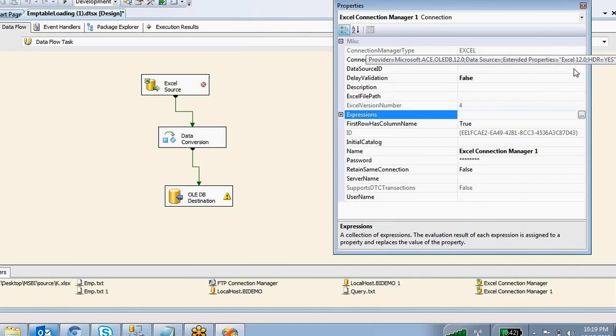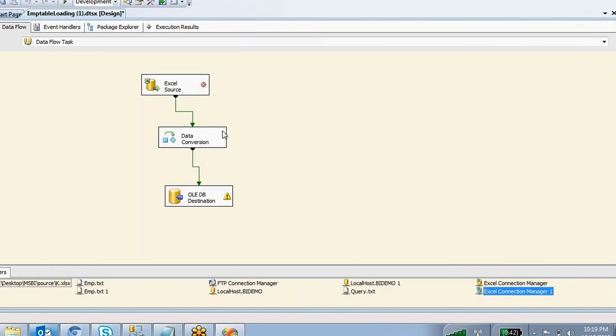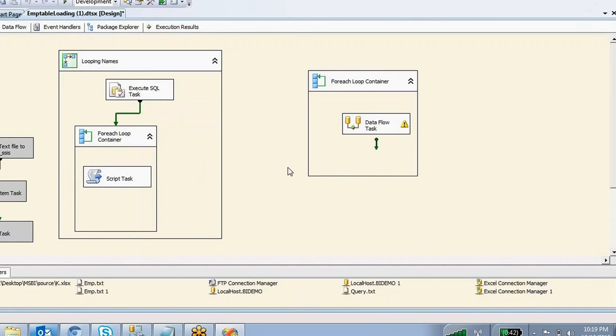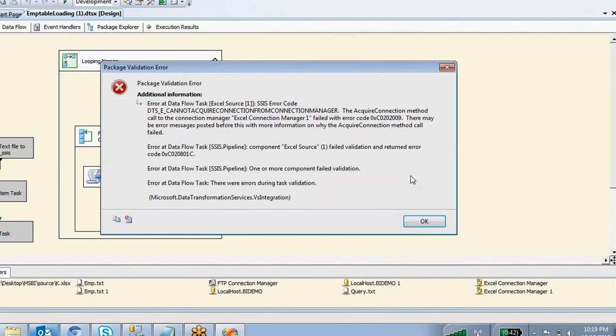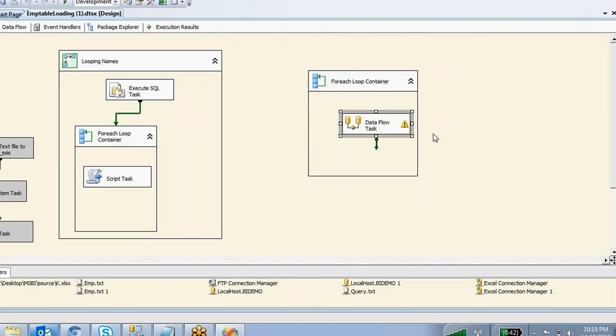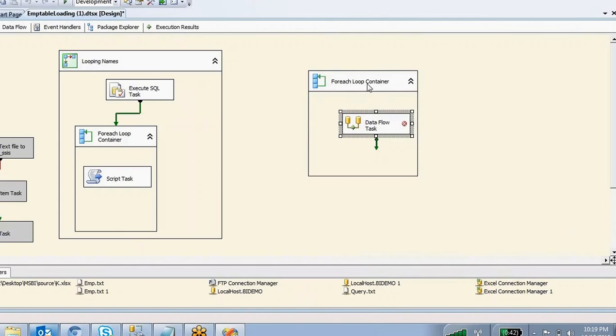Click OK, and you have to make the delay validation property true. For this one also delay validation true. I'm going to execute this one. Right click, execute the container.